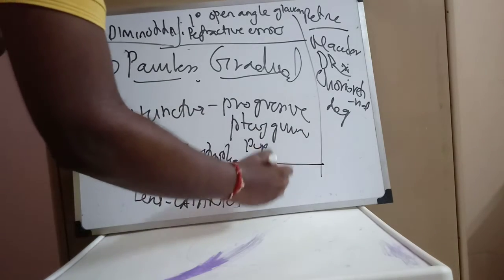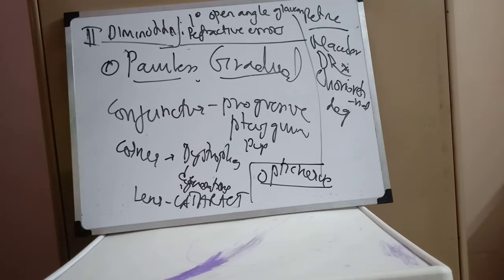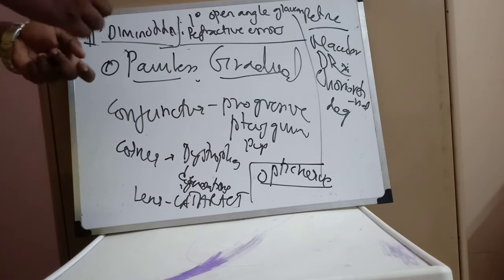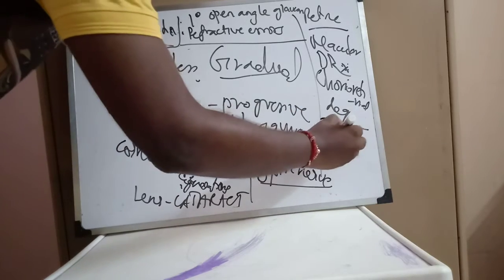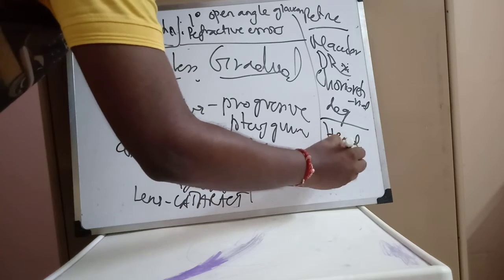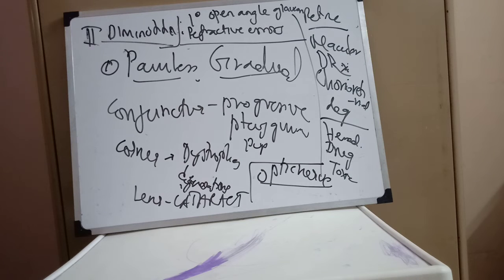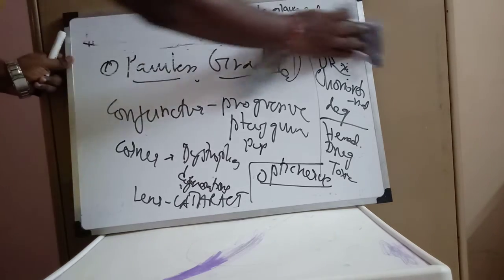Apart from this, you also have some optic nerve conditions. What are the optic nerve conditions? You have hereditary, drug-induced and toxic amblyopia. Okay, so these are going to be the different conditions. What do you mean by amblyopia? Amblyopia is that condition of the eye where there is going to be a diminution of vision, where the ophthalmologist is not able to identify any other pathology in the eye. So these are the various causes of painless gradual diminution of vision.